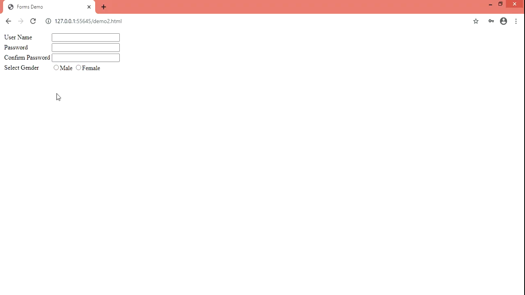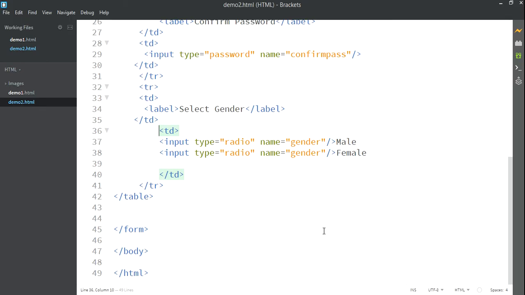If you check, we have the label select gender and two values, male and female. So you can select any one of the values. Now how is it possible that only a single selection is enabled on the screen? Due to the name attribute. We have kept the name attributes the same here. Always remember this when you are using input type radio: if you want to make a group of them, you should have a name property and the value should be the same between them.